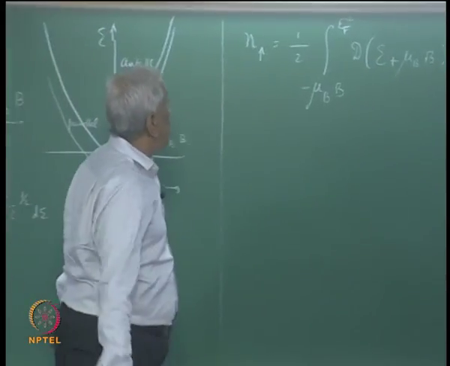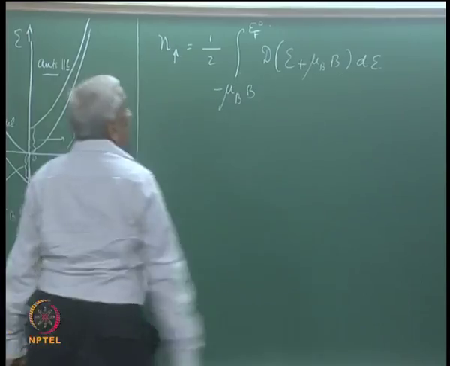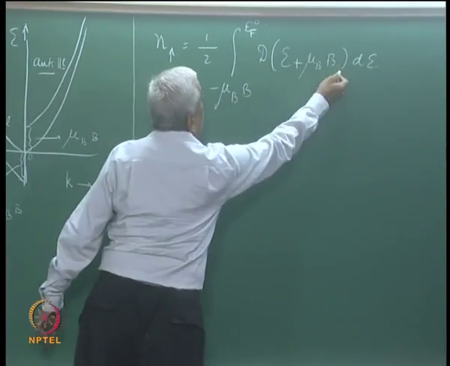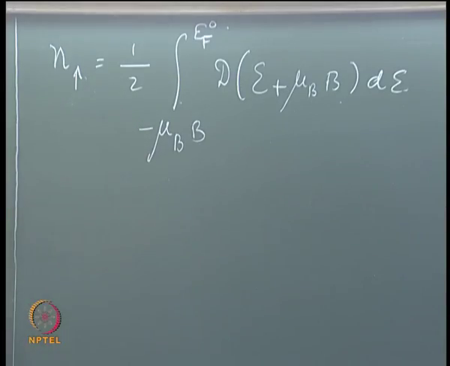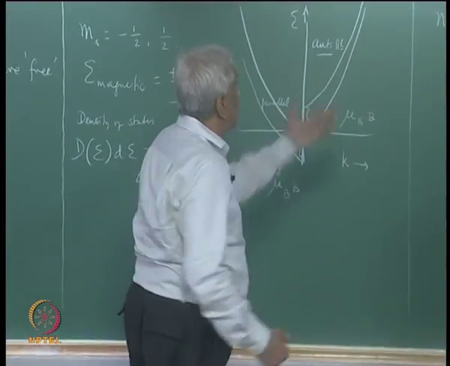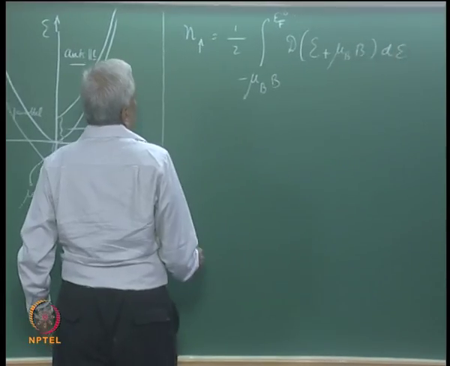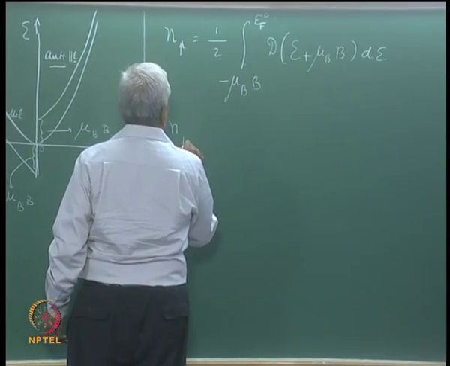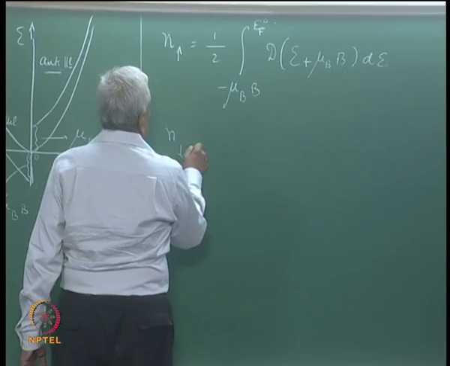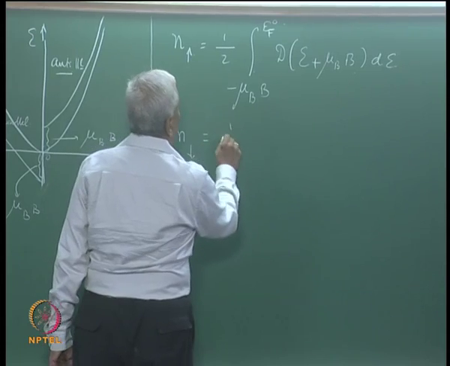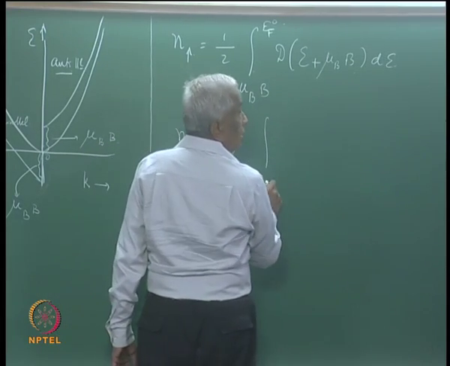In the presence of an applied magnetic field of strength B, the density of states will be given by this, and we have the factor half because only half of the number of electrons will occupy one spin sub band. Similarly, n down or n anti-parallel spins will have half integral